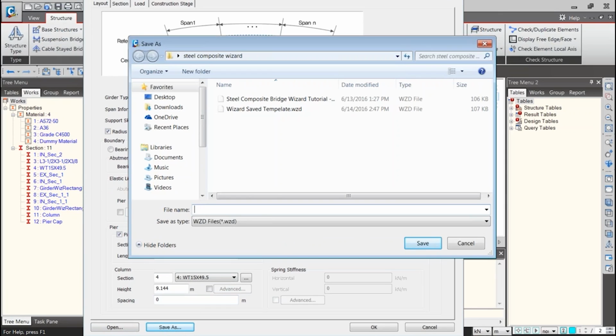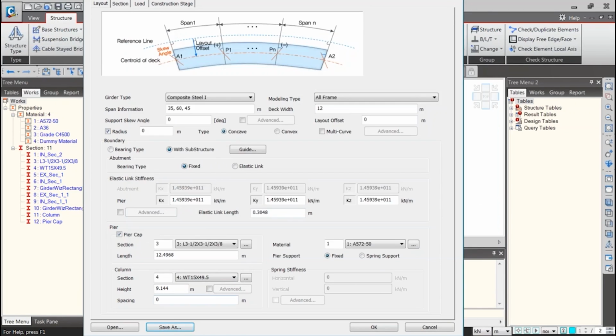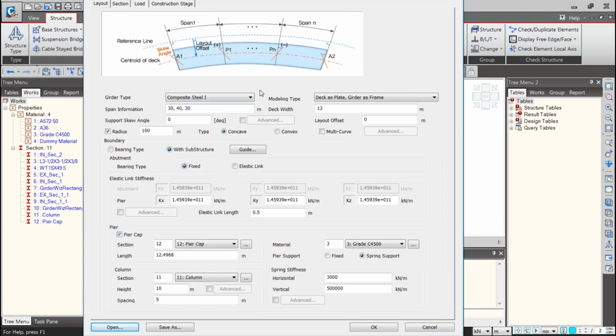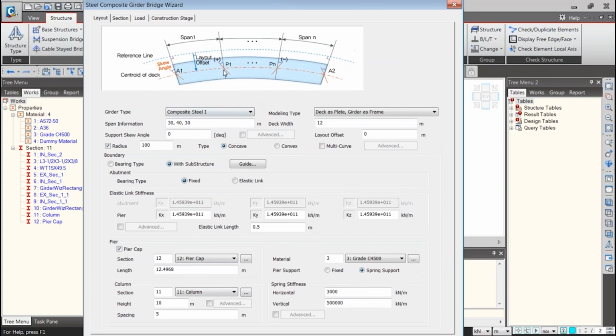You can already see that I have saved a wizard in this manner and named it wizard save template. So I can click on open, double click on the saved wizard, and I get all the inputs that I had in that wizard template inside this wizard.